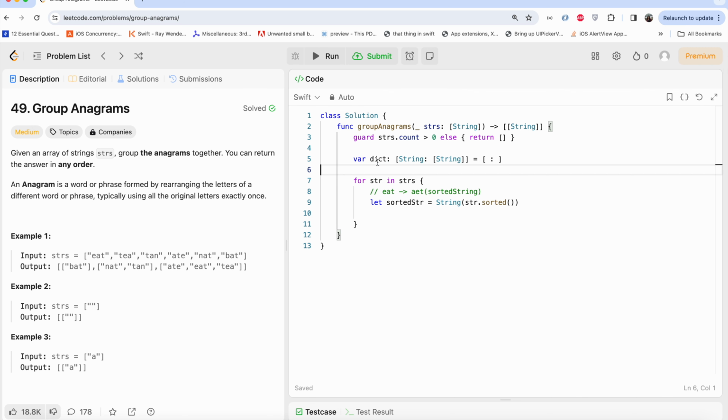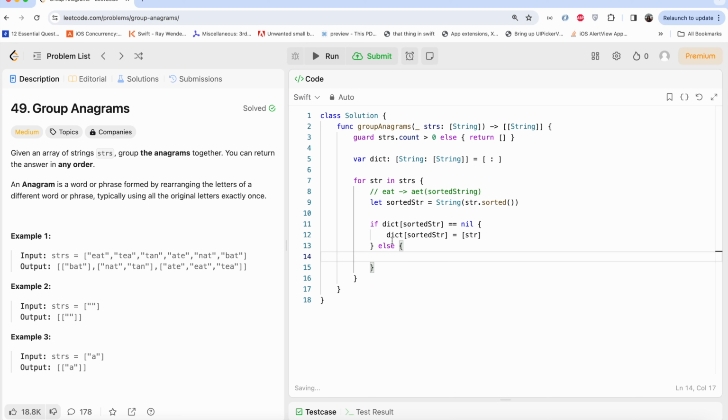Otherwise, we'll add a new value to the dictionary. So let's see if dictionary of sorted string equals nil. Then we'll use the sorted string as a key, and we'll add our string as one value here. Else,